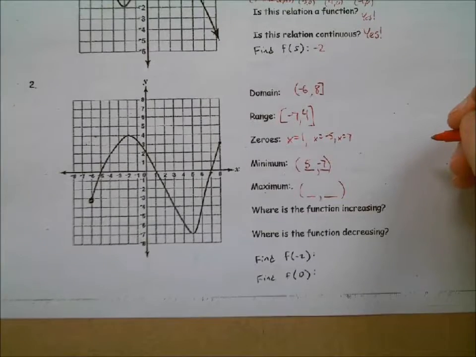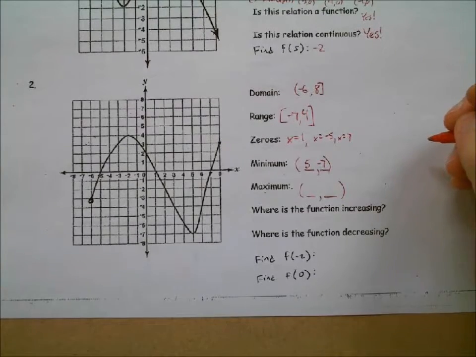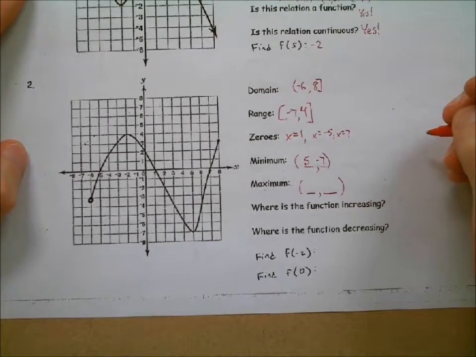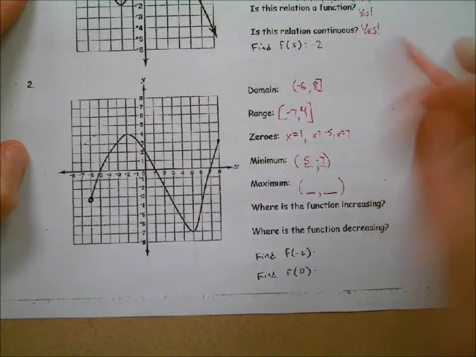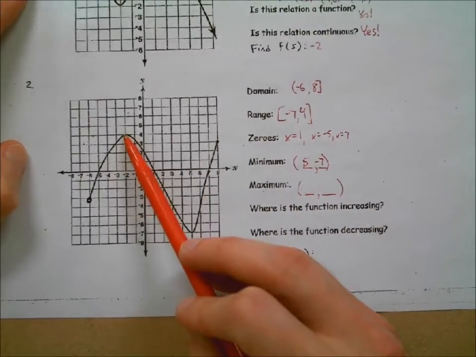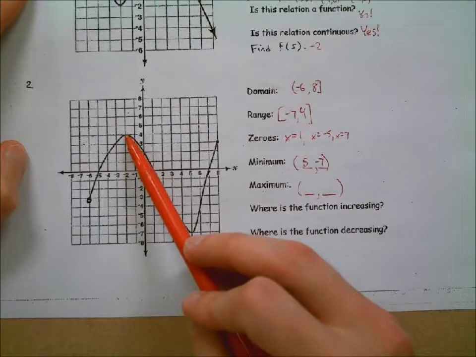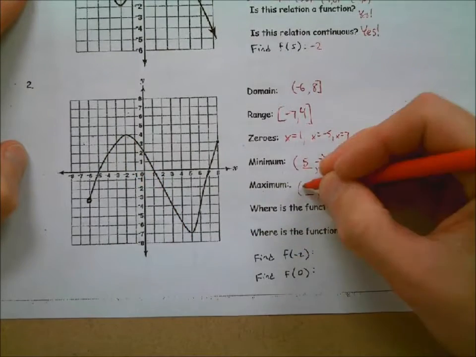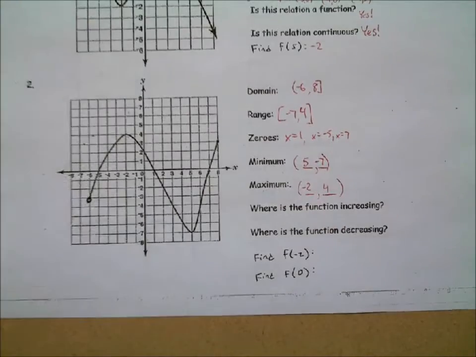Let's go to Liv. Liv, what are the coordinates for the maximum, the highest point? So locate the highest point on the graph, and just what are the coordinates of that point? So let's see, (4, 0) would be right here. That doesn't look like the highest point. Here's the highest point of the graph, right? What are the coordinates right here? Yeah, (-2, 4), you got it. Okay?